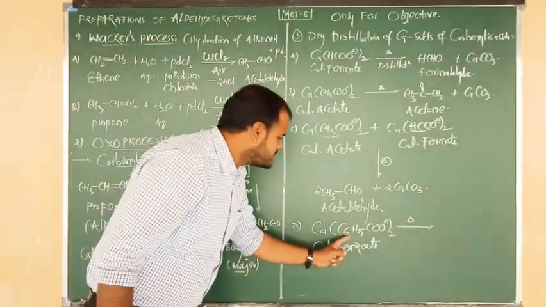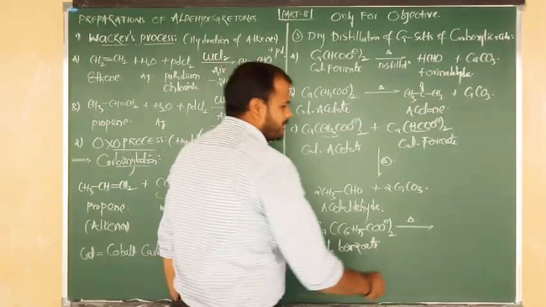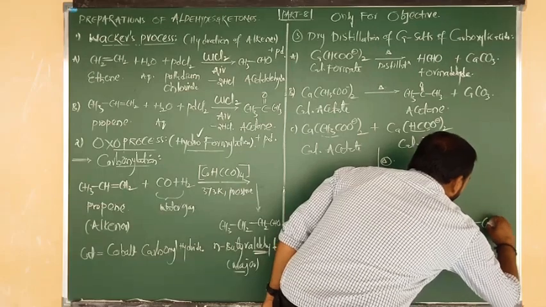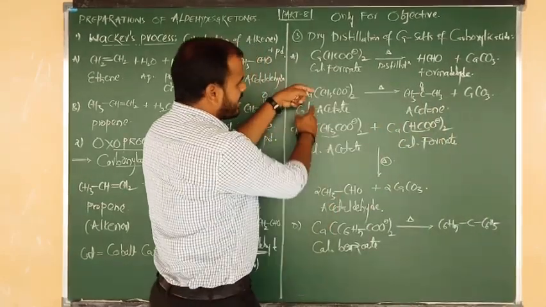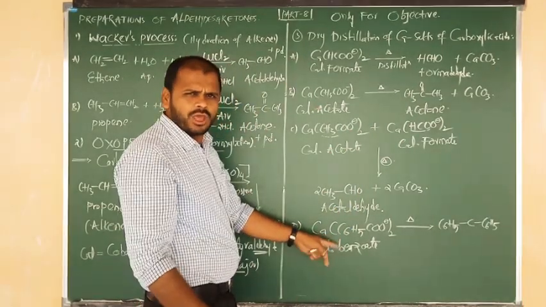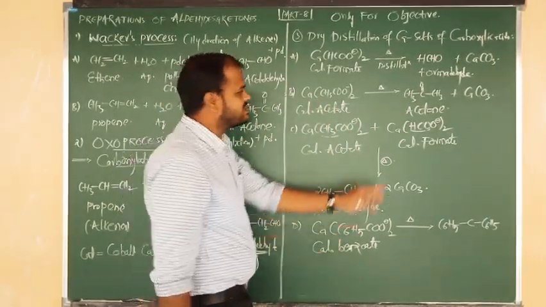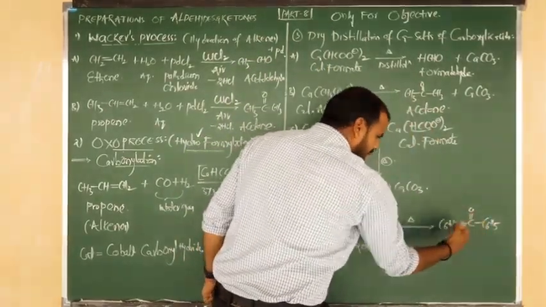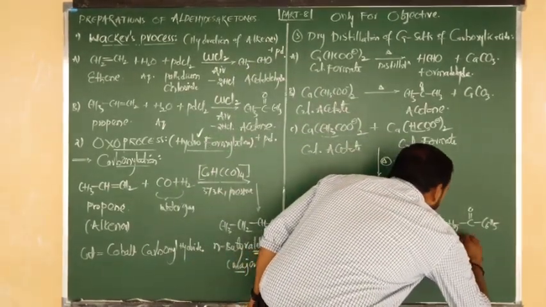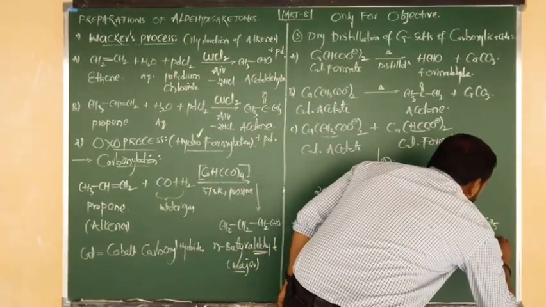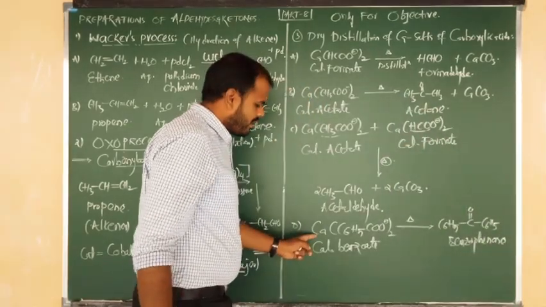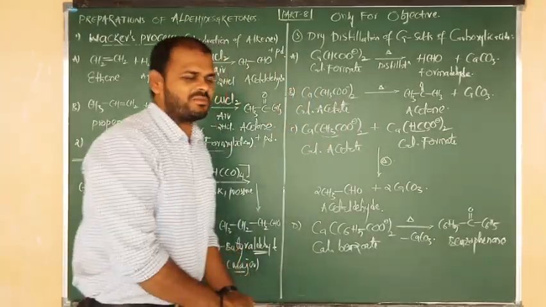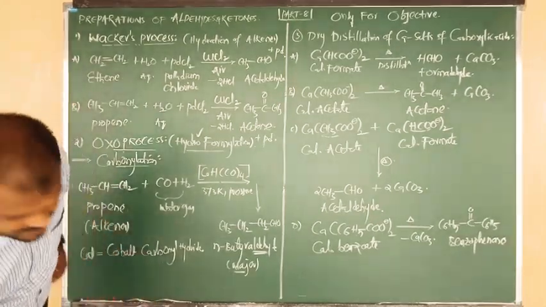Okay, right. C6H5, how many groups are there? Two groups are there. C6H5 bonded to C, again C6H5. Just now calcium acetate gives acetone, calcium benzoate gives benzophenone. In place of two CH3 we have to write benzene. So benzene bonded to C double bond O, again bonded to benzene. What is the name of this compound? Benzophenone. Again same thing, beta. One calcium is there that is removed in the form of CaCO3, calcium carbonate. Okay, all of you? Yes, in that manner.